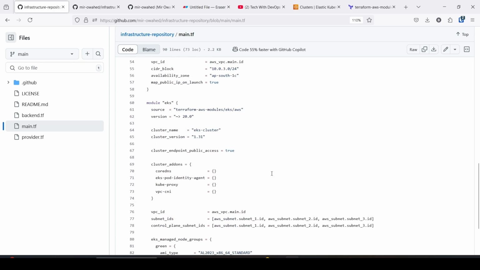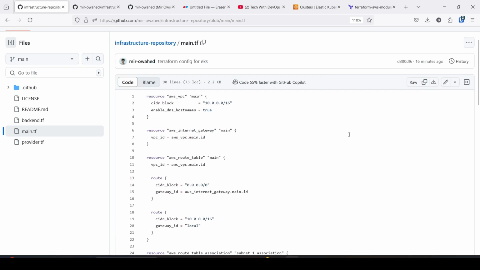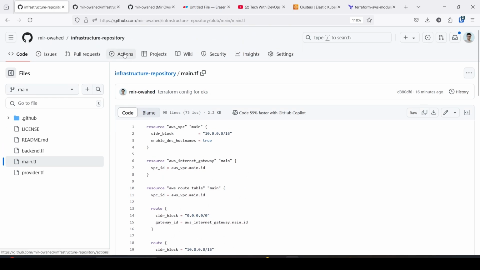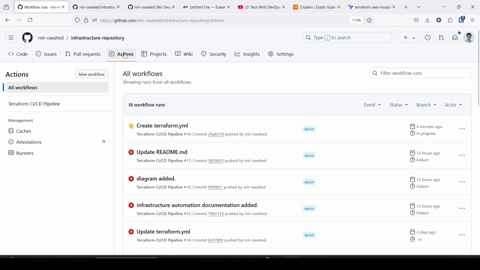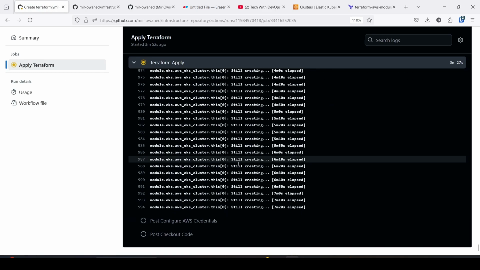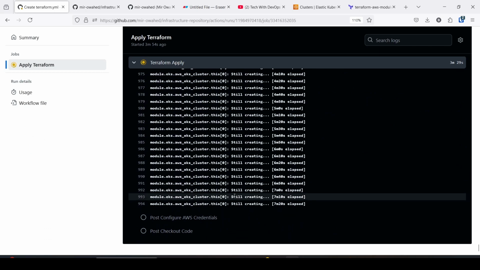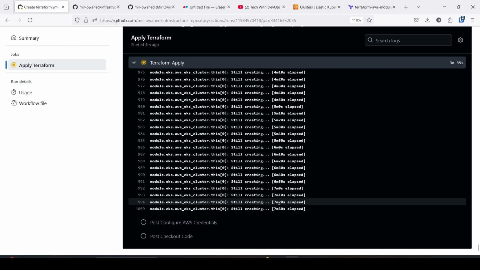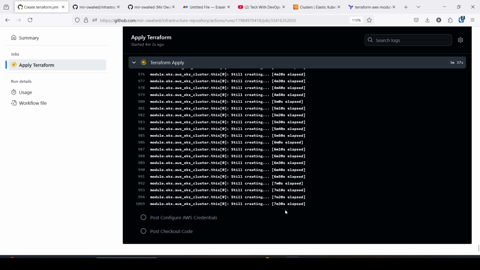Whenever you commit the changes, it will automatically run the GitHub Actions and create an EKS cluster, and updates will be shown. Okay, it is still creating. It is already 7 minutes 20 seconds elapsed. You have to wait for it,